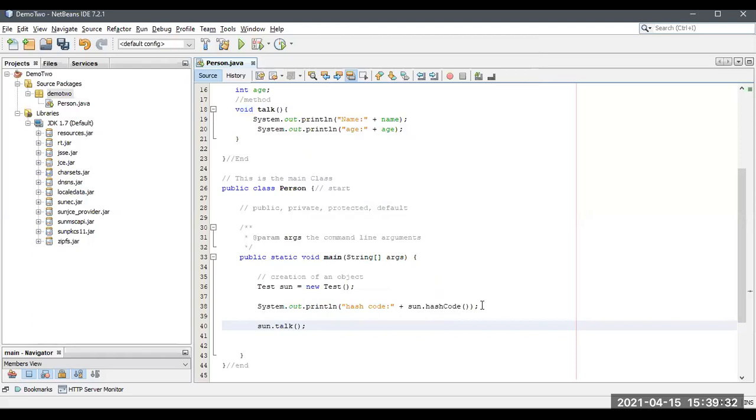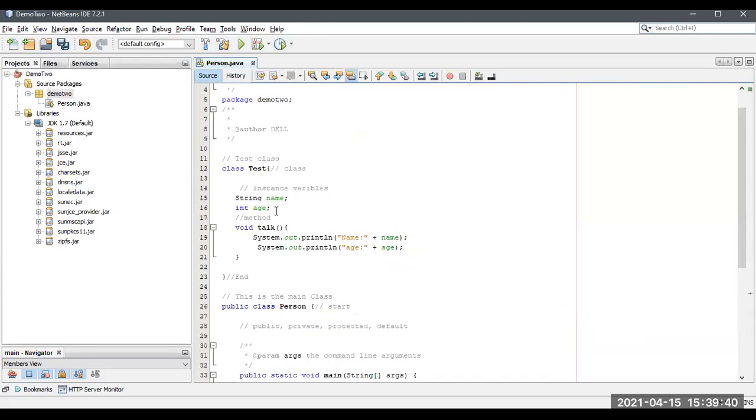Okay, now by using an object, we just call a method within another class.